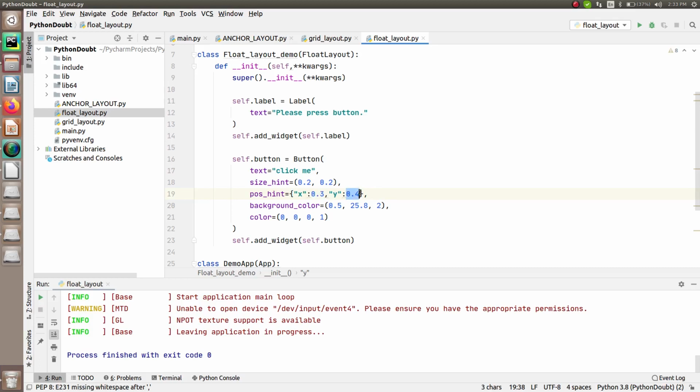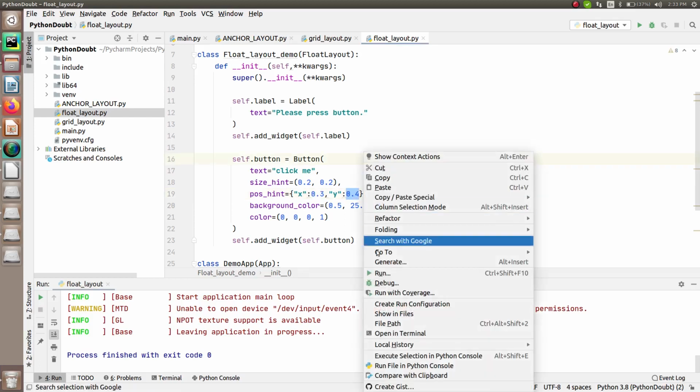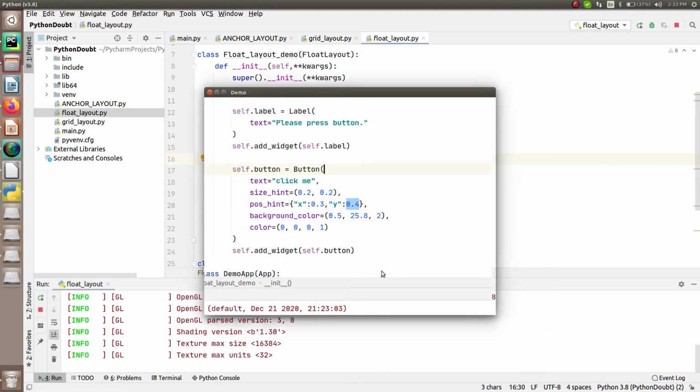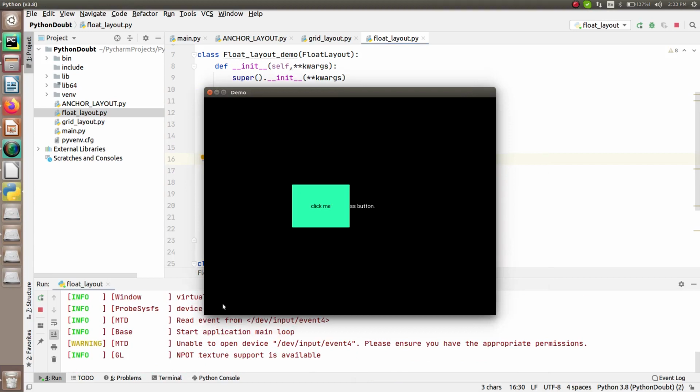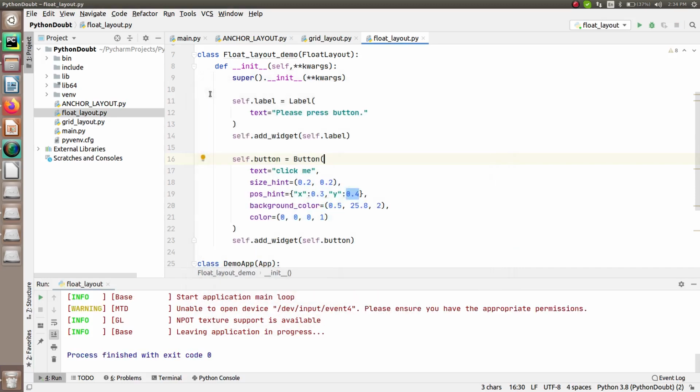So this will be the position for it, right? Let me just run it and show you where it will be shown. Can you see? It's 30% from here and 40% from here, and based on that you can see this is the new position of your button, right? So this is how you can reposition your widgets in the float layout.